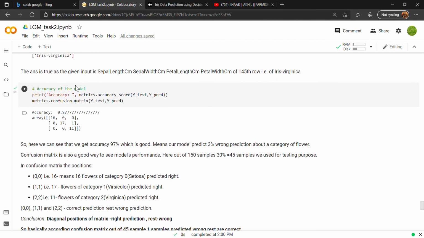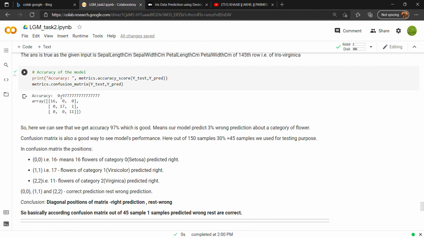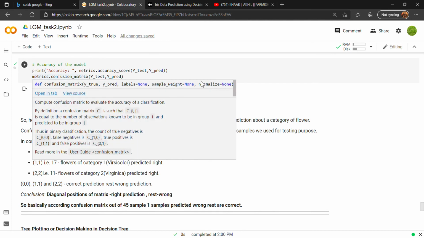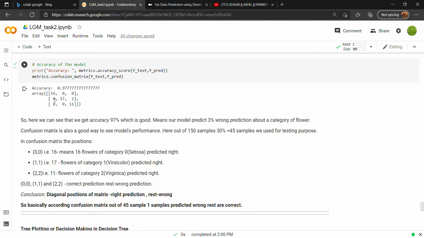Now we will check the accuracy. The accuracy comes to 0.97, that is 97%, which is good, meaning our model is predicting only 3% wrong. Now comes the confusion matrix. We have calculated the confusion matrix, and the data is as follows: 16, that is 16 flowers of Setosa are predicted right, and 17, that is 17 flowers of versicolor are predicted right, and 11 indicates that 11 flowers of virginica are predicted right.